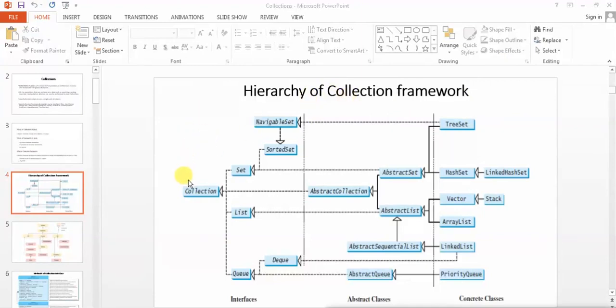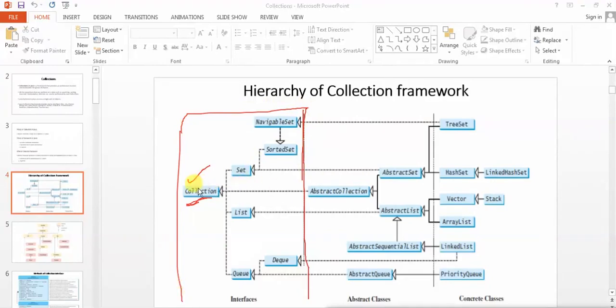The root of the collection framework is this: collection. Right now I'm showing you the names of interfaces, abstract classes, and classes, meaning how they are inheriting each other. So collection is the root. That's an interface. First of all, focus on this particular line. Everything residing in this particular block is an interface.